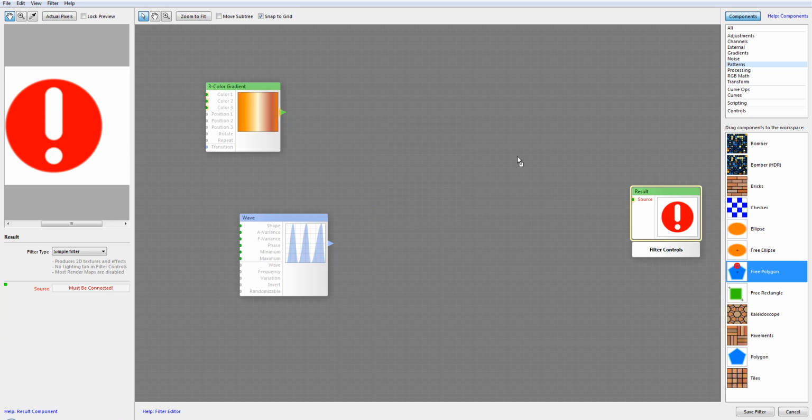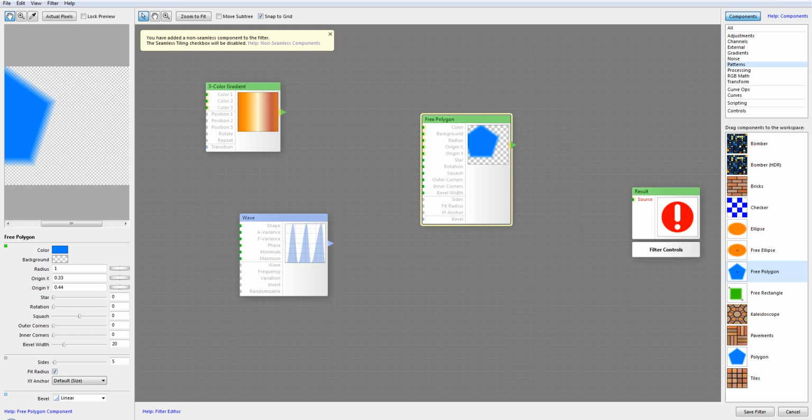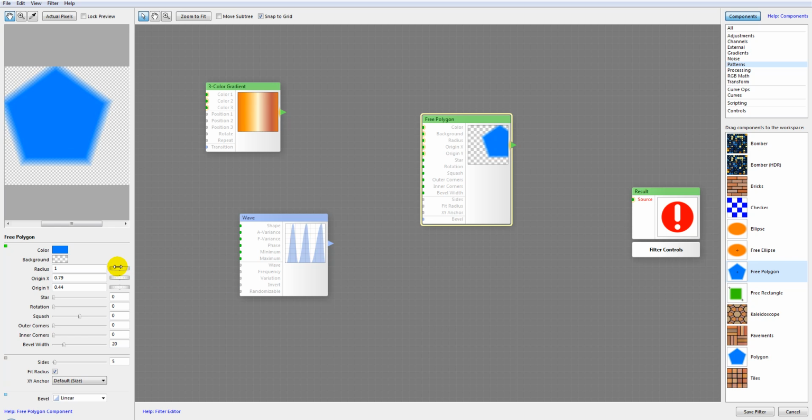Okay, next we have the Free Polygon. The Free Polygon is a component that generates a polygon or a star or whatever with an arbitrary number of sides. The position is again not restricted by image boundaries. As you can see, it's free right here. The Free Rectangle will have the same things applied. So it means we can go ahead and change the origin for our position. Okay, again, all those inputs take a mapped input. However, the first origin and radius are all connected with HDRI as well as the output. We can create